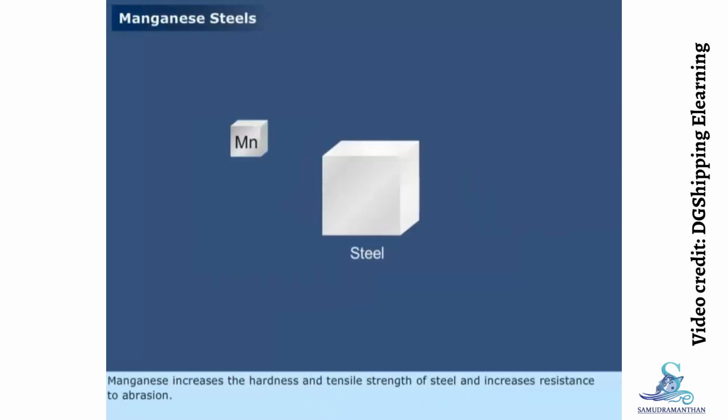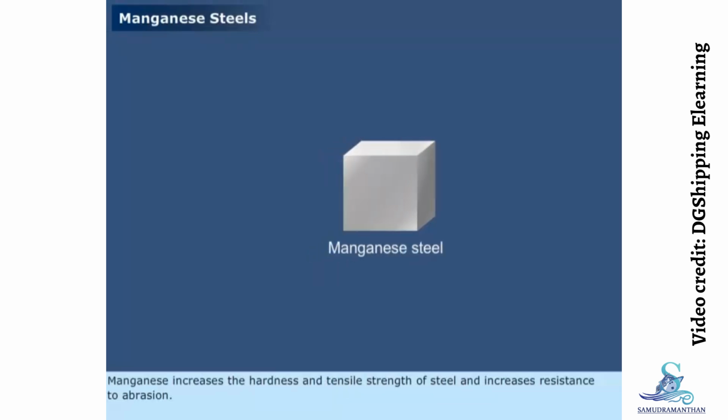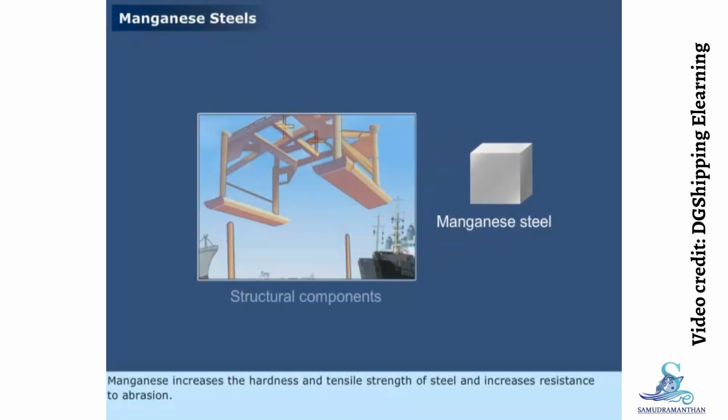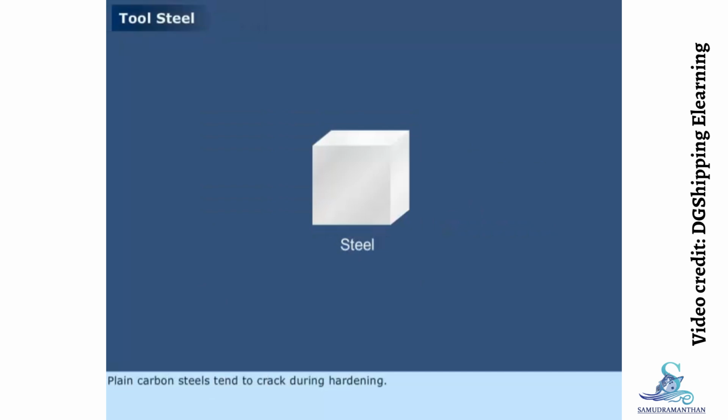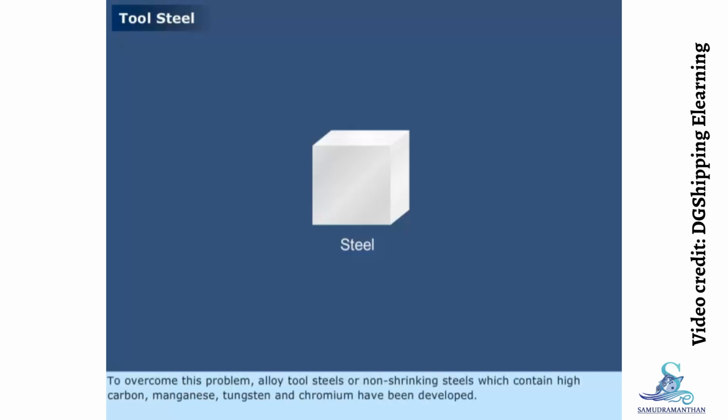Manganese increases the hardness and tensile strength of steel and increases resistance to abrasion. It is used in making structural components. Plain carbon steels tend to crack during hardening. To overcome this problem,